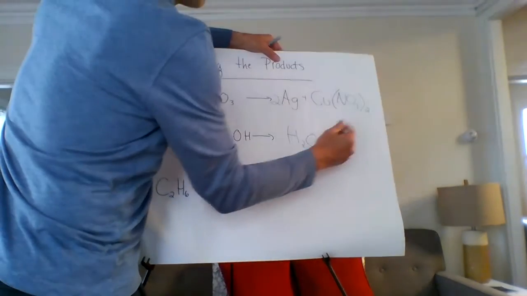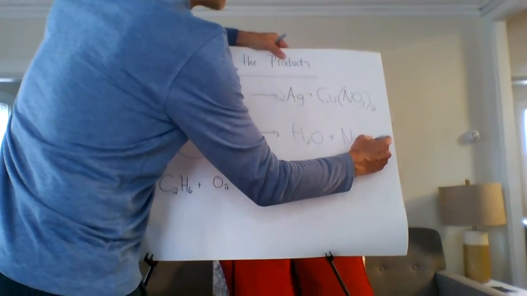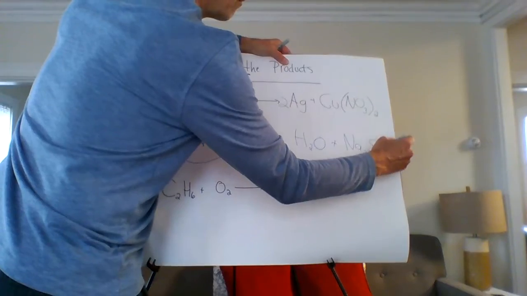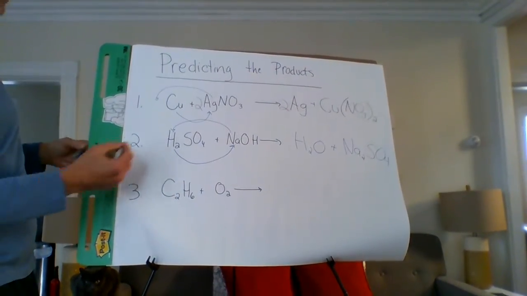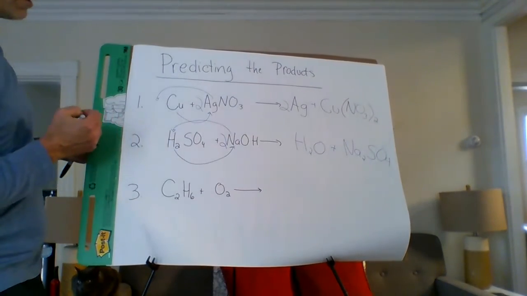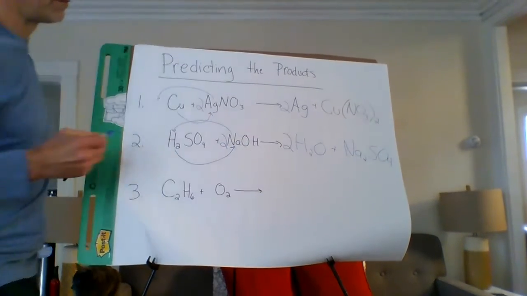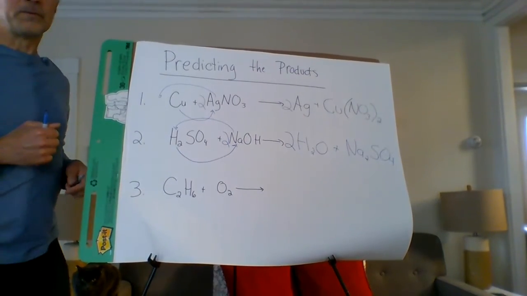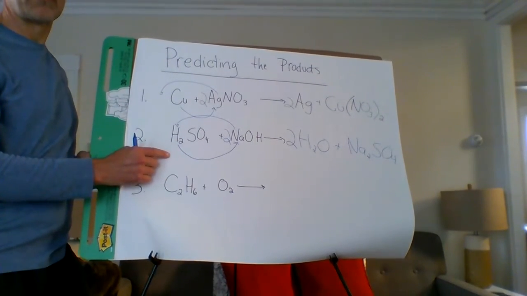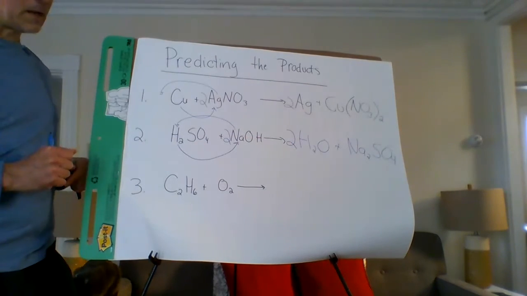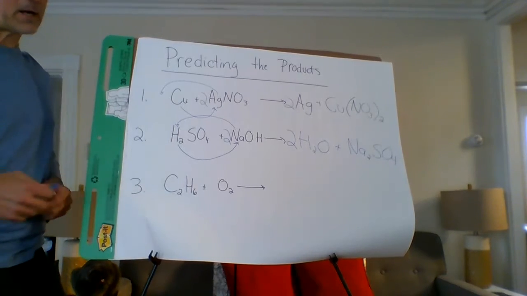Now remember that sulfate has a negative 2 charge, so this is going to be Na2SO4. All right, and we'll have to do some balancing by putting a 2 here, and it looks like a 2 here. Okay, so we looked at the reactants, we saw that it was a double replacement, and we predicted the products. Now this third one here, you have a molecule with carbon and hydrogen in it, and oxygen, and